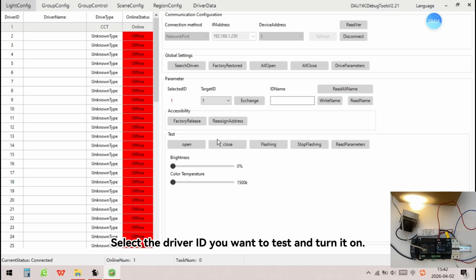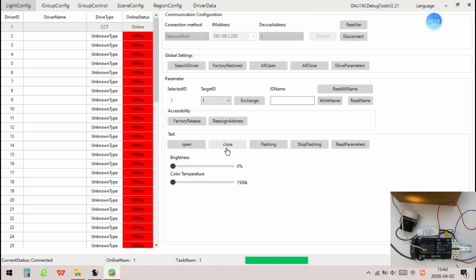Select the driver ID you want to test and turn it on. You can adjust the brightness and color temperature, then turn it off.